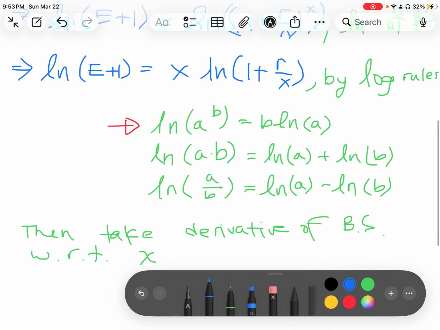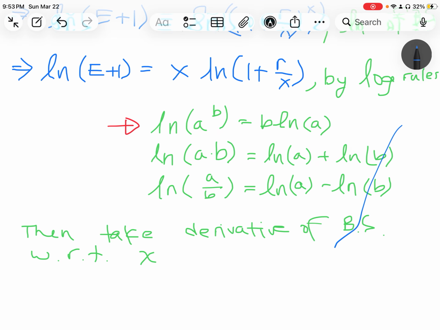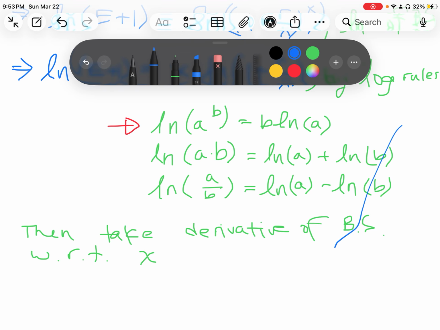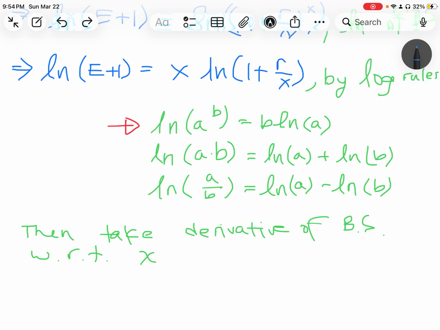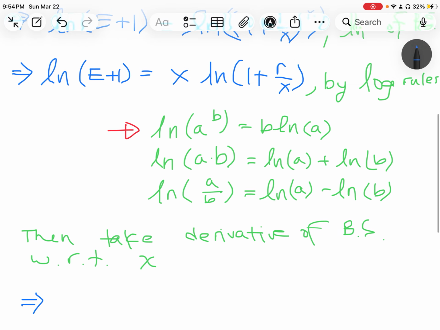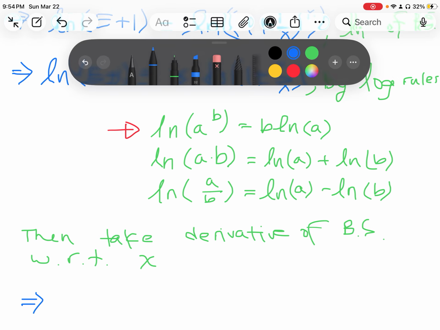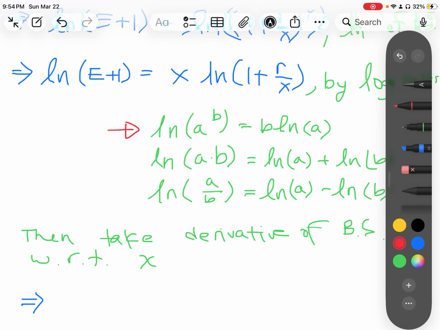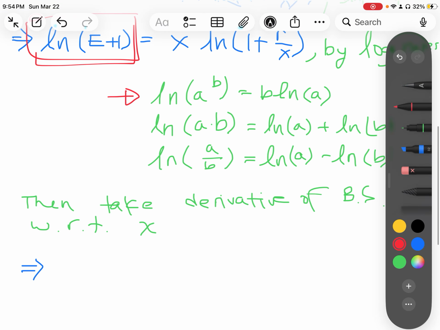So we're doing partial derivatives here. Let's do that. On the left-hand side, the derivative of ln of something, a function of x, will always be